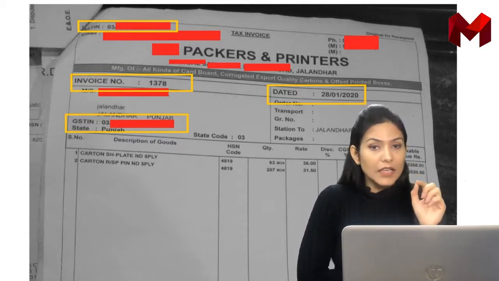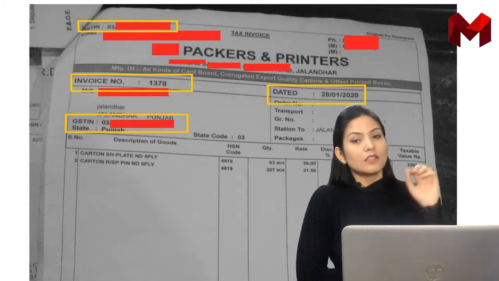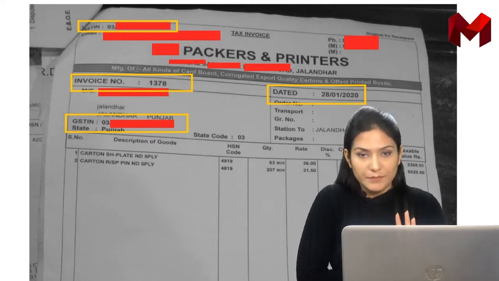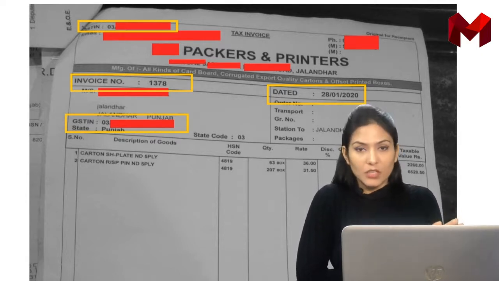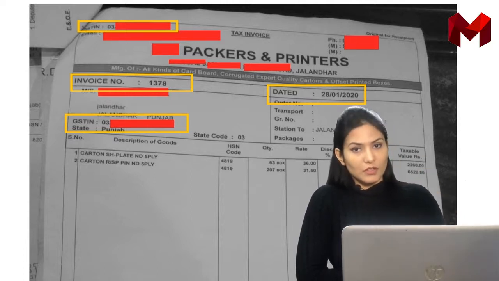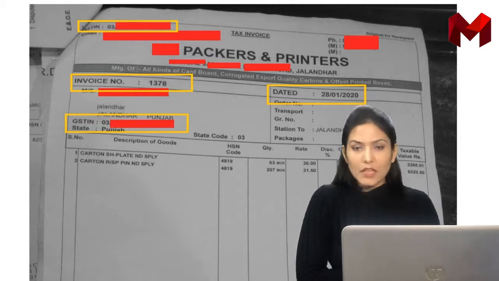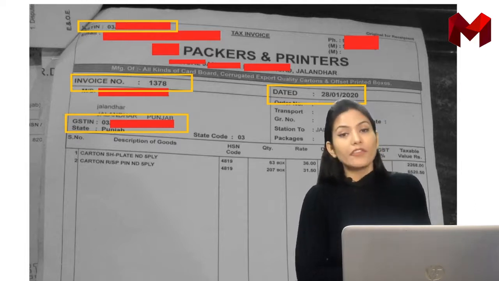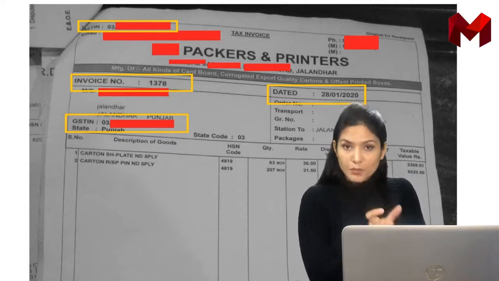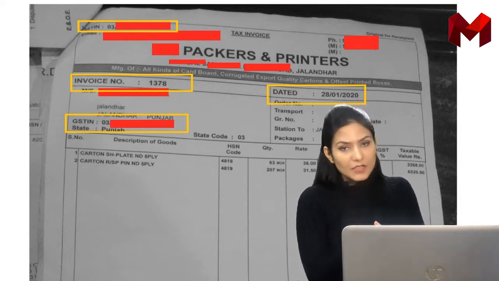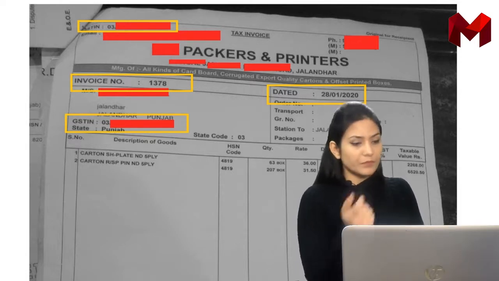So it is a clear indication that on this particular bill, half of the GST rate will be CGST and half will be SGST. IGST will not be applied on this bill because it is an intra-state transaction. Both the supplier and the customer are from the same state, so CGST and SGST will be there, half and half. If an 18% rate is applicable on this item, then 9% will be CGST and 9% SGST. If a 12% rate is applicable, 6% will be CGST and 6% SGST.